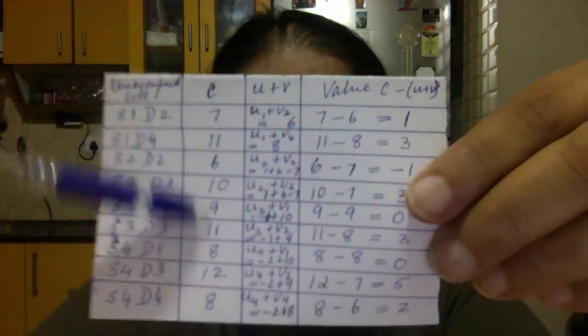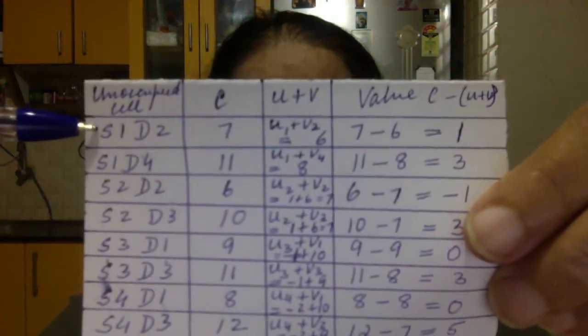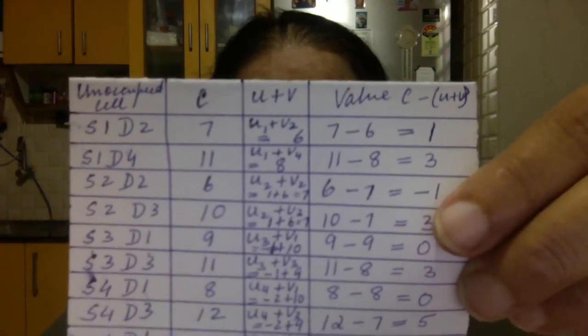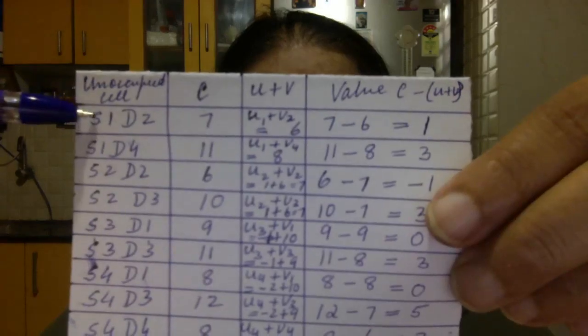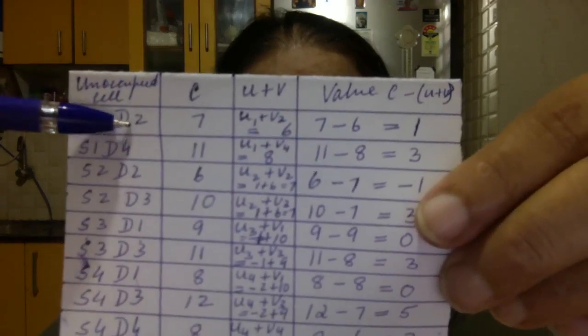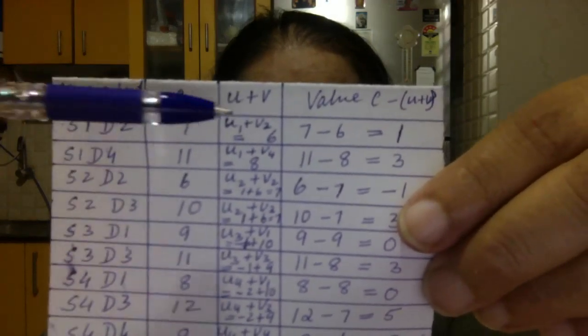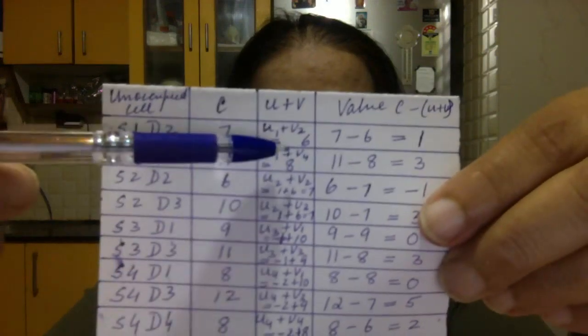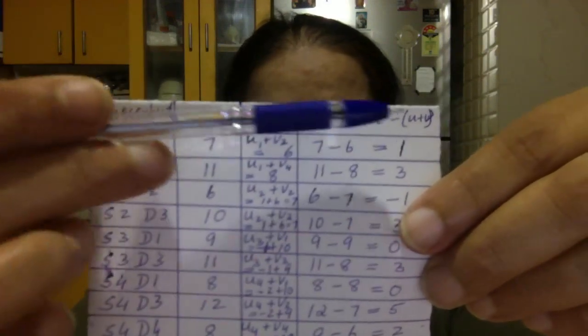This cost is straight away from the problem. Whatever is the cost in the cell, I have put here. Here for every S, it becomes U. For every D, it becomes V. So if it is S1, it becomes U1. If it is D2, it becomes V2. So I found out these values I got before, the same thing. So I wrote the values here, and then this one minus what you are getting here. See, C minus U plus V, and we did this thing.